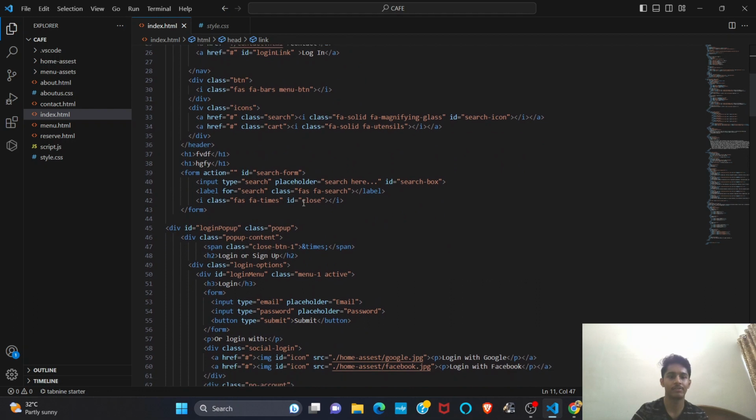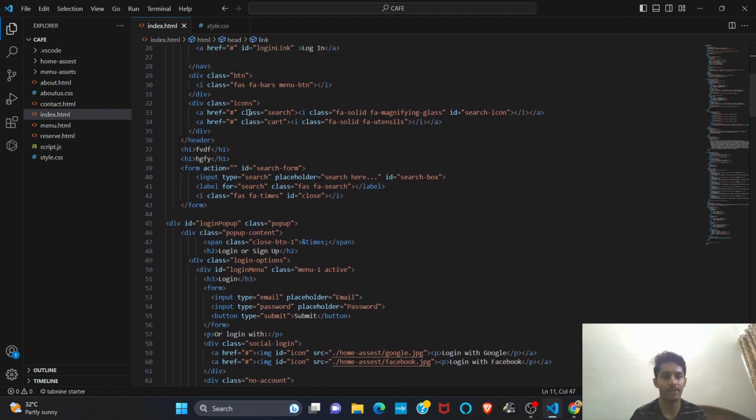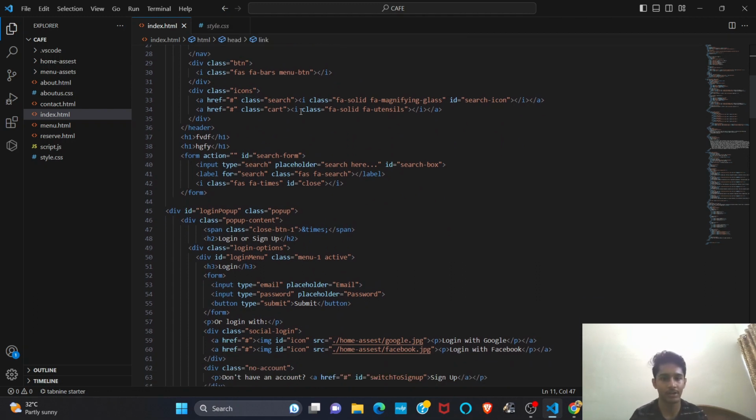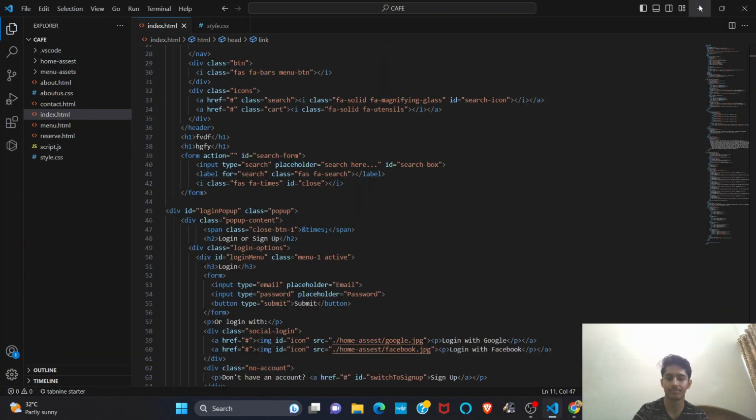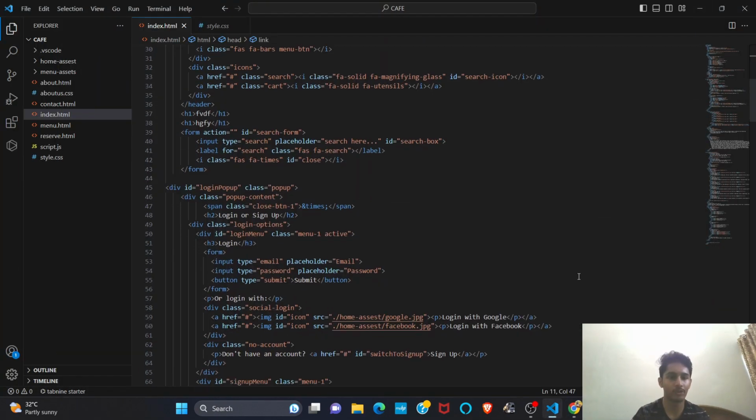And moving down, we have the division class button over here, and then we have the icons. What are the icons? There's a search icon over here, and there's also a cart icon over here. As you can see in the output, we have a search icon and a cart icon. Okay, and moving down more here,